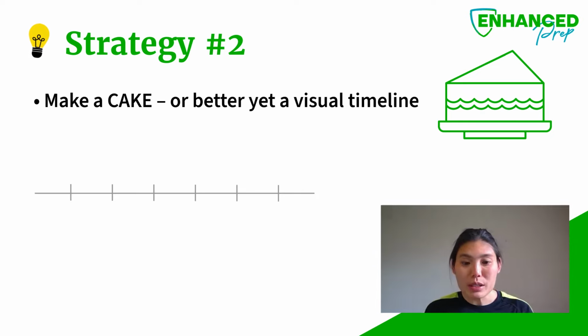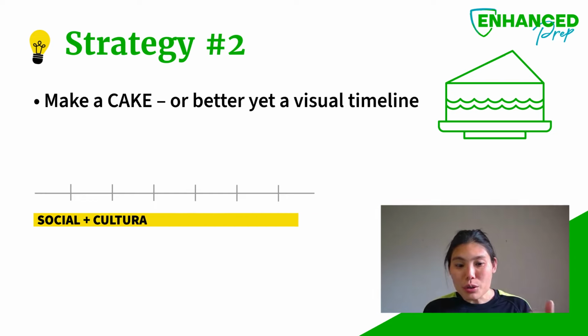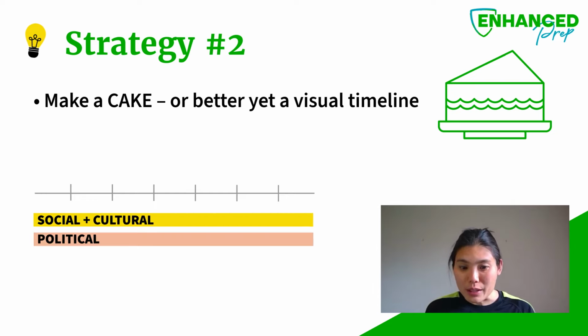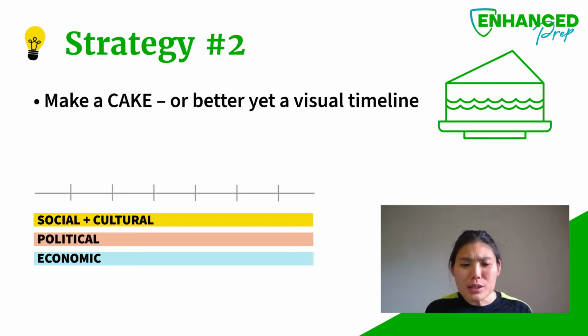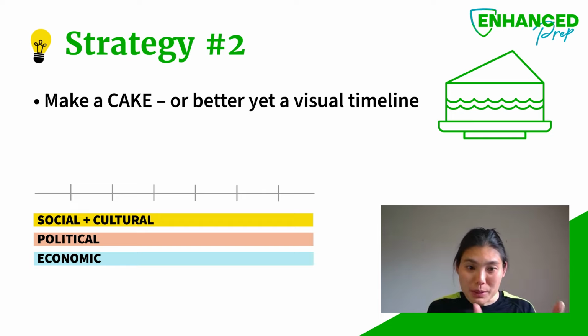And you will want to list things in this timeline in 3 different categories: social, cultural, political, and economic. Think of those as the layers of your cake. These categories are how historians often view influences in history and weigh their importance. Therefore, any AP history exam will also want to see a cross-functional command of specific events and their impact in